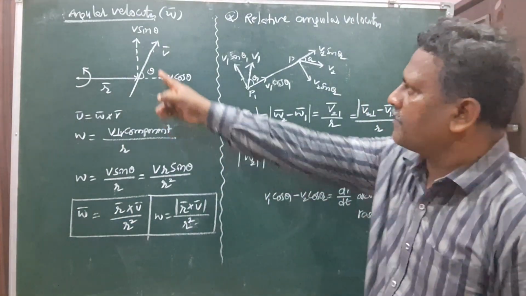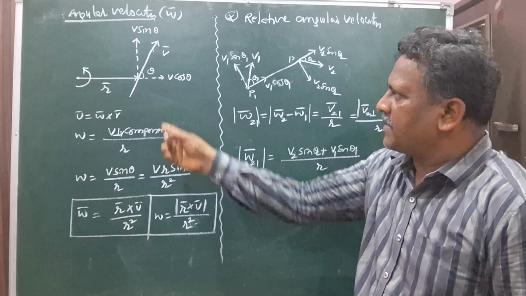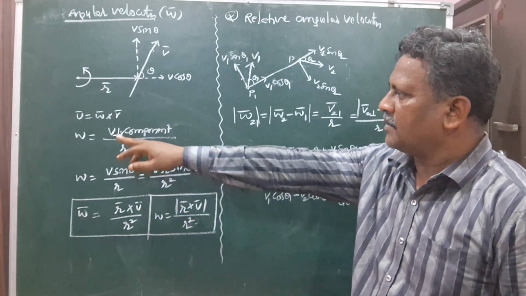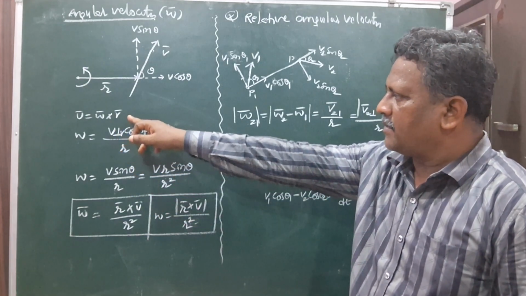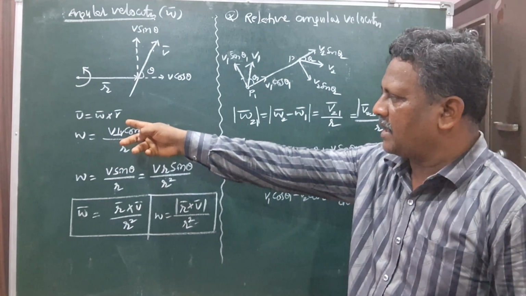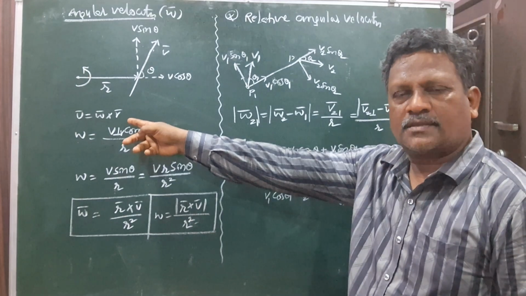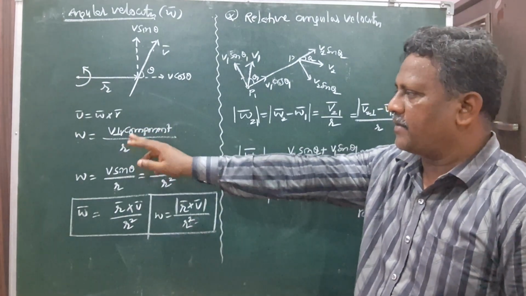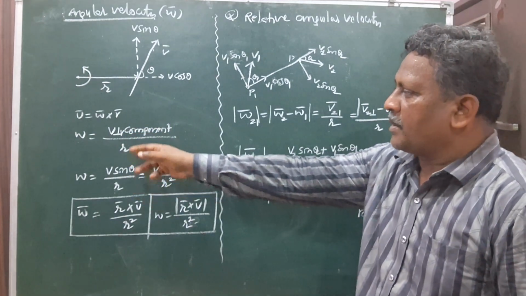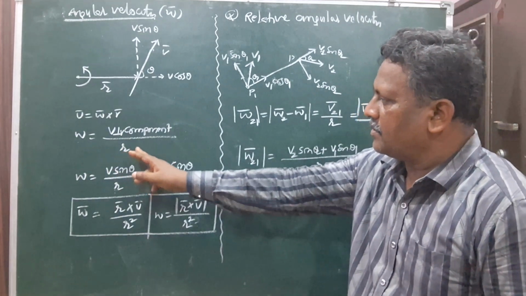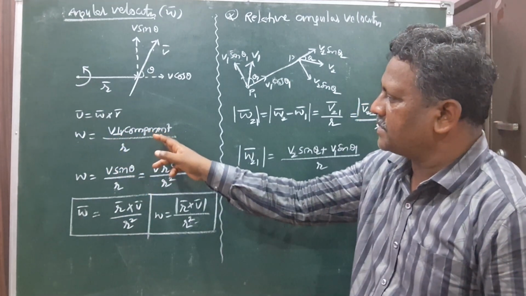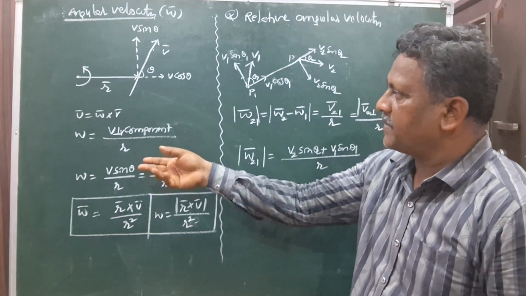See here, general angular velocity can be defined from the equation of relative velocity. Angular velocity and the radius vector are related as v bar is omega bar cross r bar. From that, we can write omega is equal to the perpendicular component of velocity divided by the radius vector along the